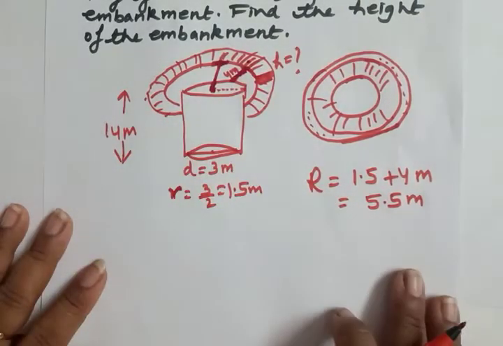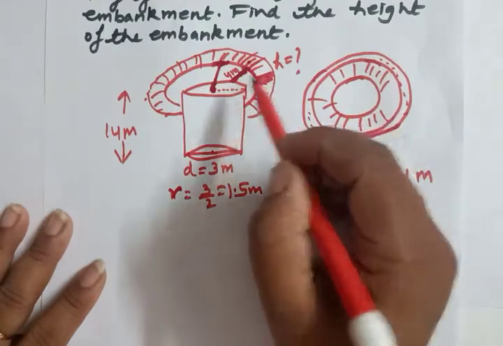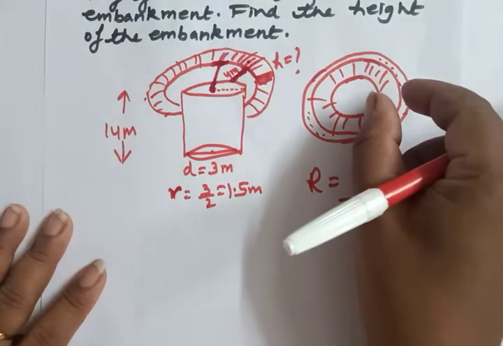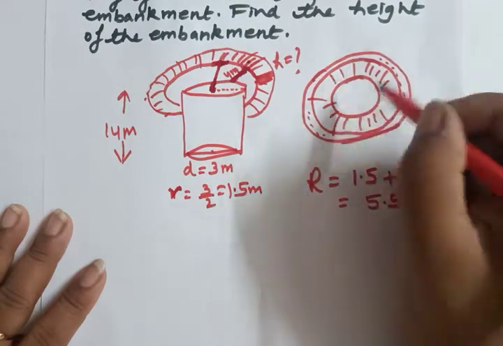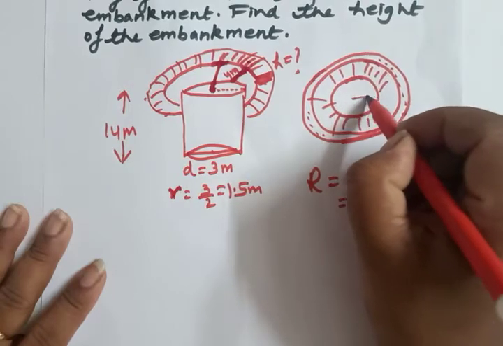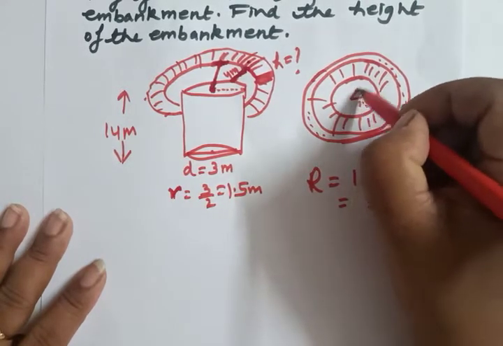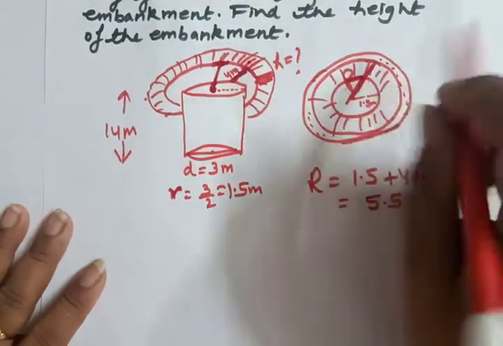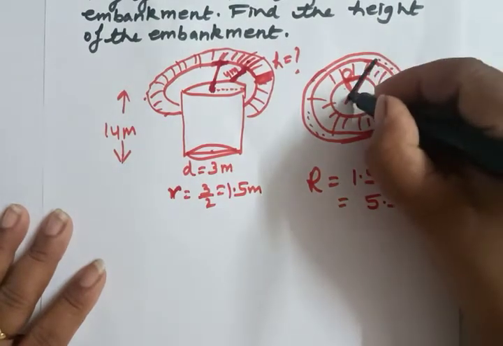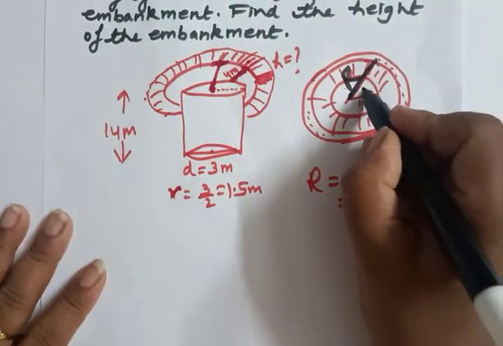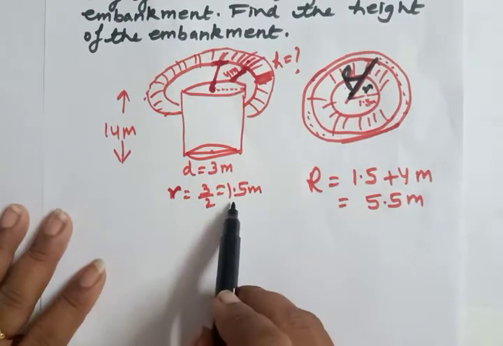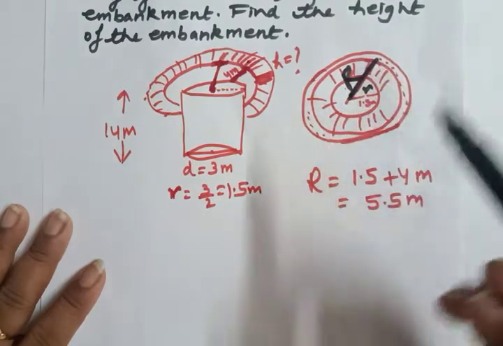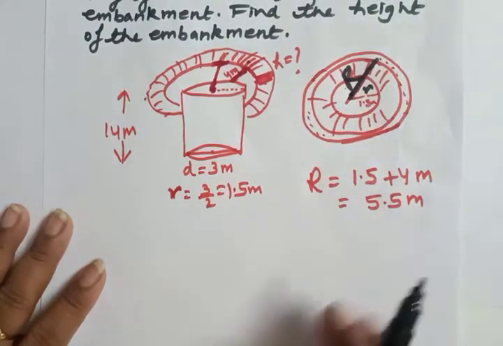Now we need to find out the height. What we can see here is that this will also be of a cylindrical shape, because it has a height and a width, and the radius is also given. This is 1.5 meter, and this complete one is capital R. This is capital R and this is small r. So small r is 1.5 meter, that is all given for the well, and this complete one is capital R, that is equal to 5.5 meter.